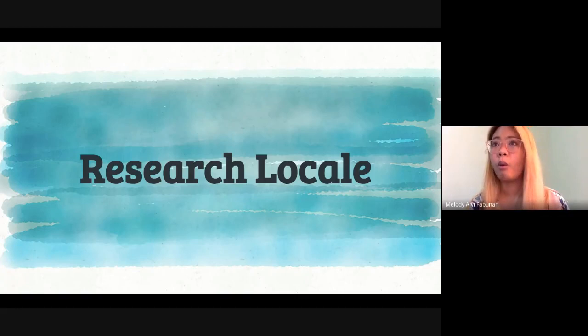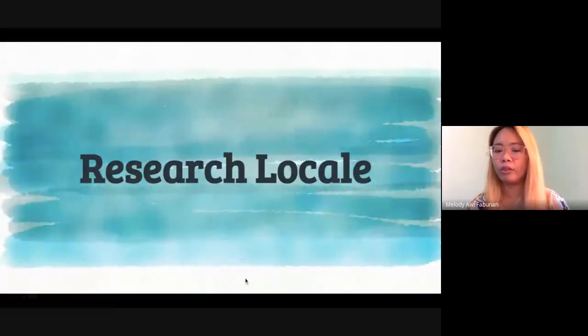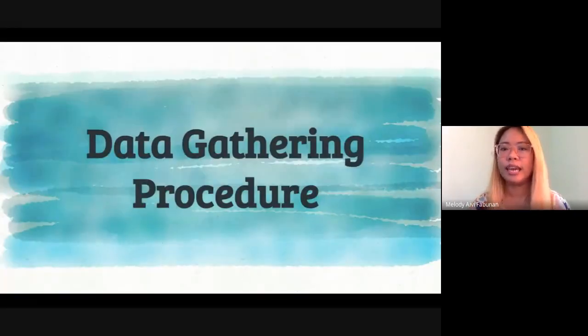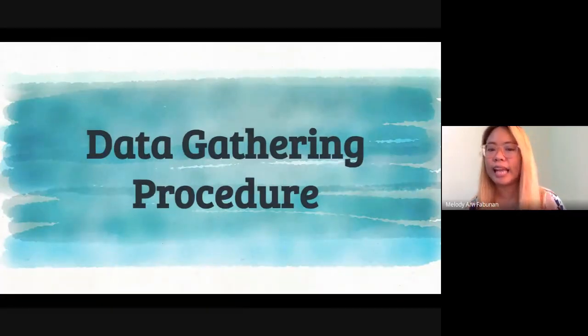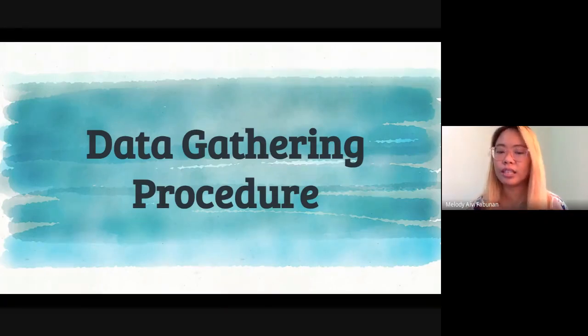The same, once you have chosen your research local, please provide a brief information or history about your chosen locality at kung bakit yun yung napili ninyong locality for your research. And then after you establish that, then you will do your data gathering procedure. So the data gathering procedure, this is the step-by-step na gagawin ninyo in order for you to gather the necessary